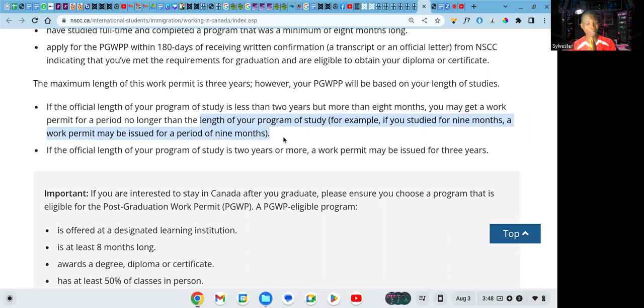So you don't want that to happen. So try to get a 2 year program so that you can get a 3 years postgraduate work permit. So this will make it easy. Okay. And here it is written, if you are interested to stay in Canada after you graduate, please ensure you